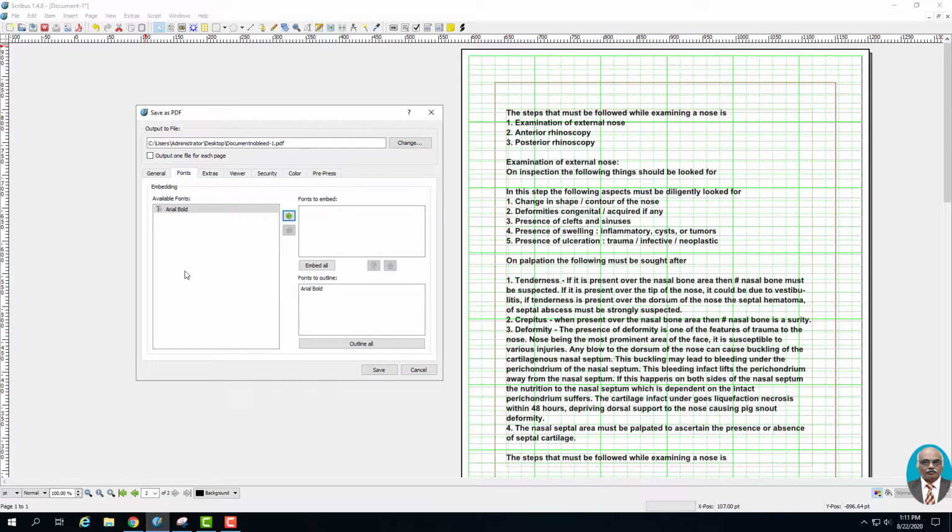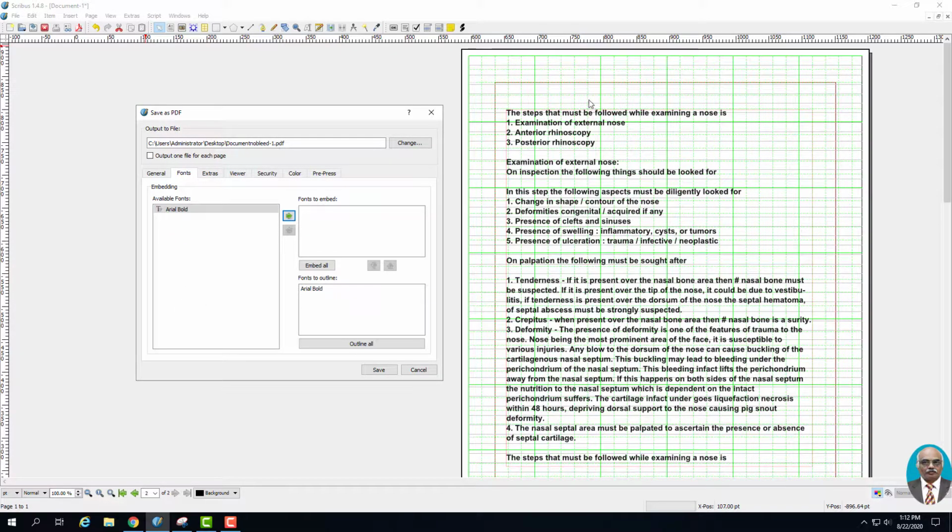If you are using a rare type of font, it is ideal for you to choose the font and embed it. Supposing you have chosen some font for the header and some other fonts for the paragraph, it is always better to choose all those fonts and give embed all. If you embed all the fonts into the PDF document, naturally the size of the document will increase, but that is the safest thing to do. If you want an exact replica of the document which you have prepared in Scribus, you always choose all the fonts available here, which will be listed.